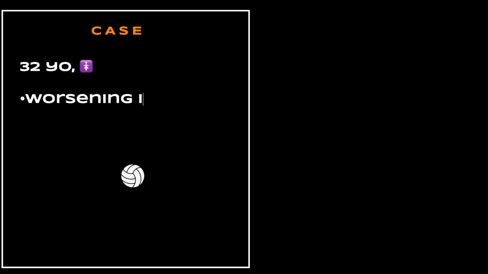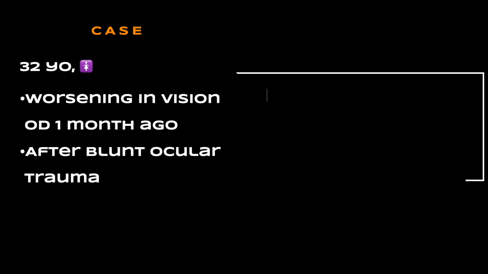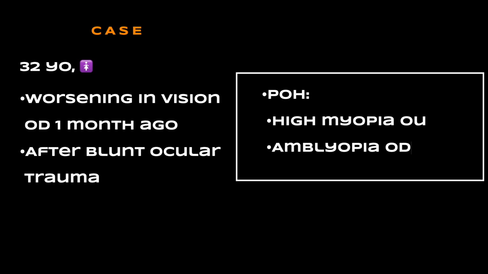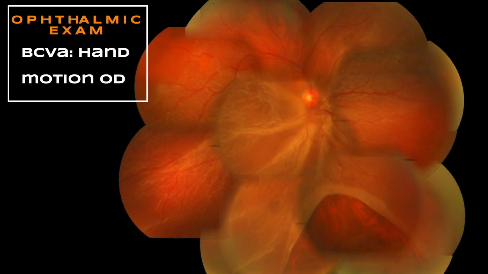In this video, we present the case of a 32-year-old female volleyball player with worsening vision in her right eye, about 1 month after blunt ocular trauma with a ball. The patient had a history of high myopia in both eyes and amblyopia in the affected eye. Initial visual acuity was hand motion in the right eye, and fundoscopy showed total retinal detachment with a large inferior